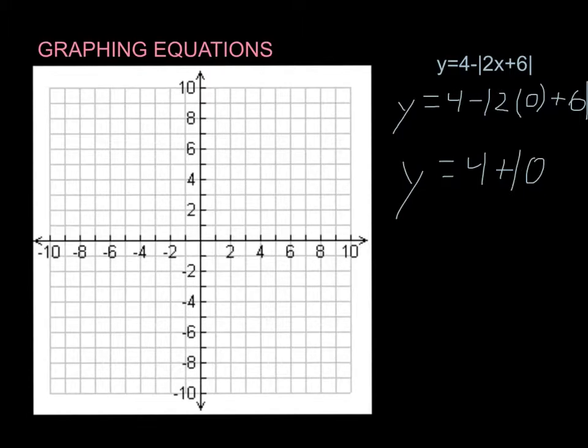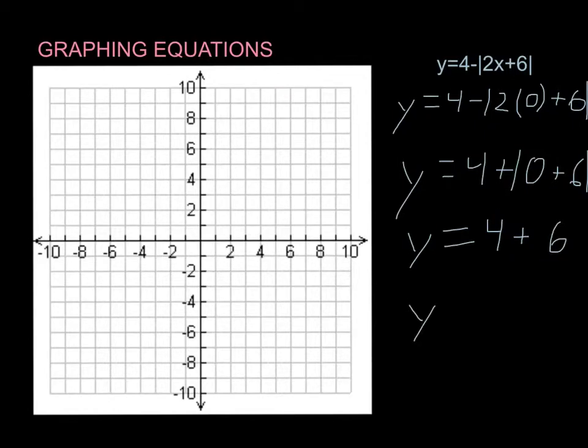The absolute value of 0 plus 6. And we can simplify that further. Y equals 4 plus the absolute value of 0 plus 6 is 6. 4 plus 6. And then